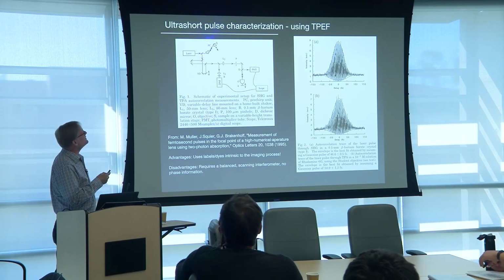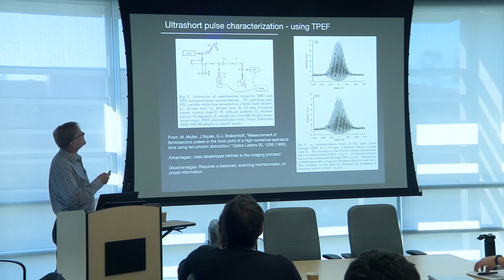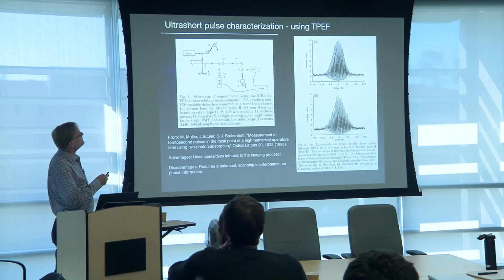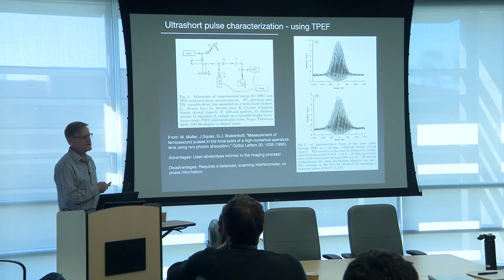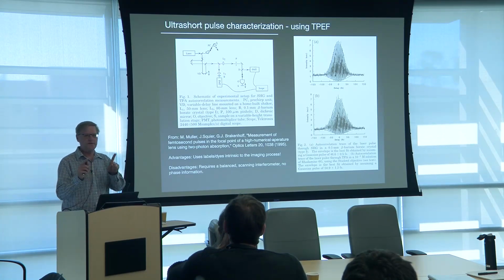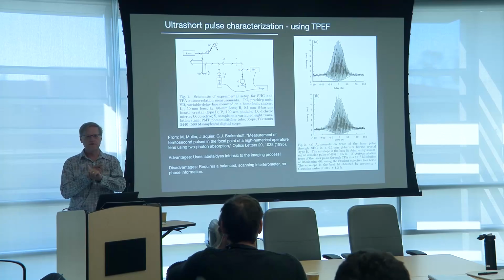So you can literally build, so here's our pre-compensation unit. We go in and out through that. And then we come over here. So this is basically a Michelson Interferometer. So it creates two pulses that we can time delay with respect to one another and drag them one across